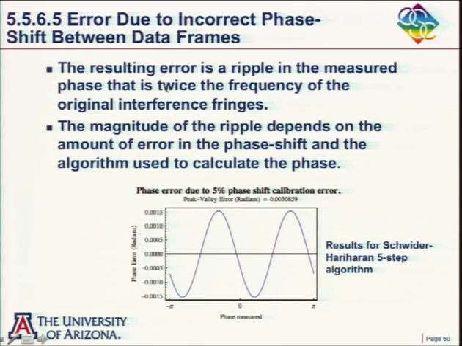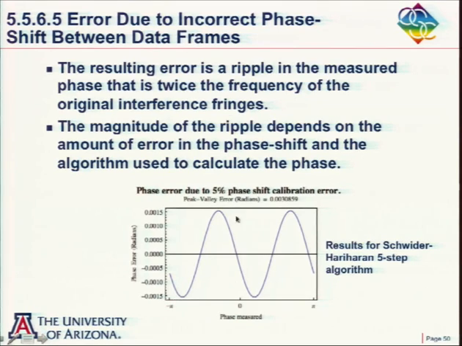In those Mathematica notes that I showed you earlier, I go through lots of calculations using different algorithms to calculate the effect of an incorrect phase shift. And the thing that you always see,